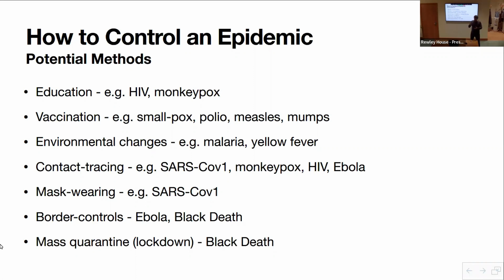And the second thing, and I guess maybe the gold standard by which we control infectious diseases, is vaccination. So obviously smallpox and polio we both controlled and effectively eradicated. Smallpox was eradicated, but we are still vaccinated for measles and mumps, and that sort of controls it and prevents us from having large outbreaks of them.